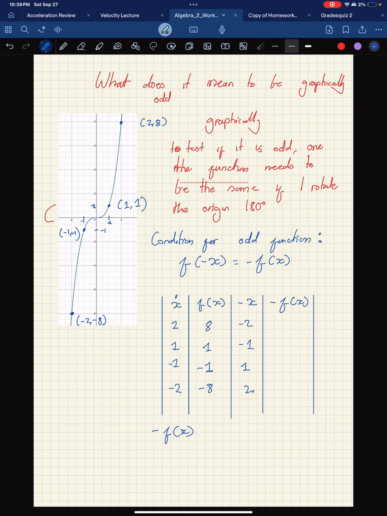All right. What we expect is these f of x values to be negative just by finding them. So if I go to x negative 2, I find negative 8. Oh wow, I just found it. If x is negative 1, oh wow, see, just found it. Wow. If I go find x 1